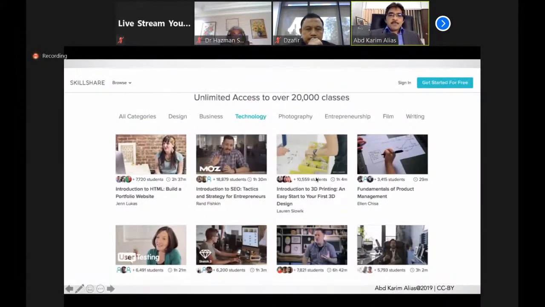If you see here, 8, so we can assume this one has 8 different modules. You can see here they are very short, 2 hours, 1 hour. Let's assume these 8 modules are part of one full course. So the student will take each of the modules at their own time. But if they wish to complete the whole course, they will have to take all the 8 modules. They will get 8 digital badges.